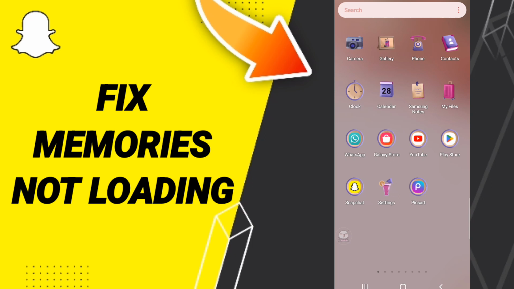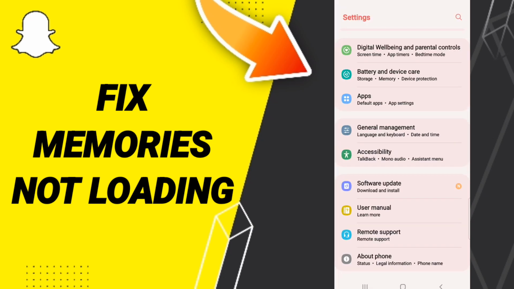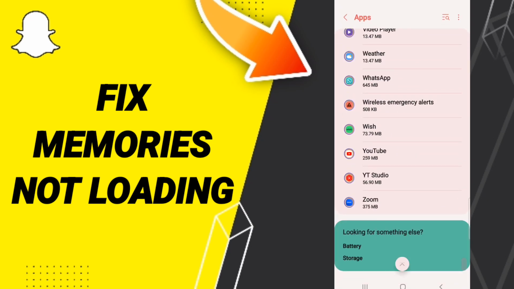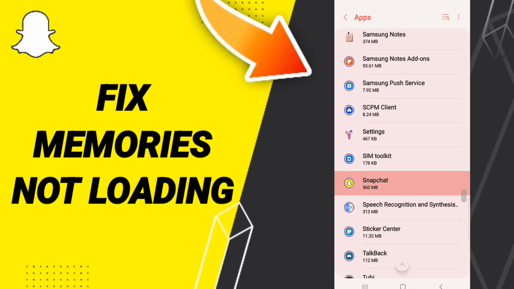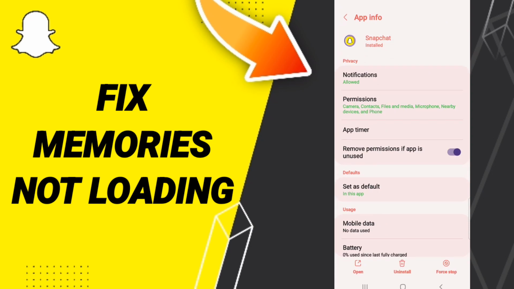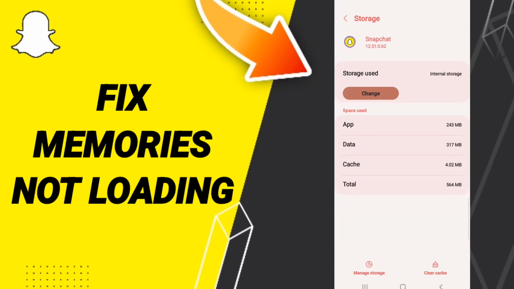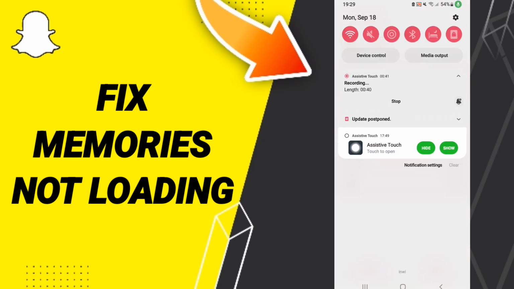To fix Snapchat memories not loading, you should just go to settings, then click apps, default apps, app settings. After that, in this list, you will search for Snapchat. When you find this list of app info, you will click force stop and we click OK. Here we click storage, then we click clear cache, and in the end you can go to Play